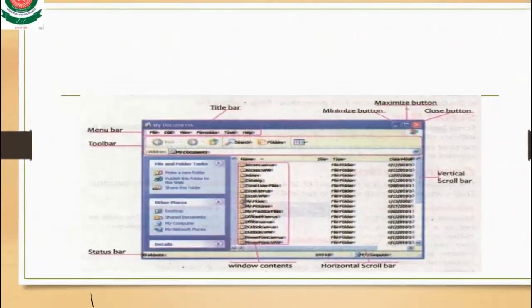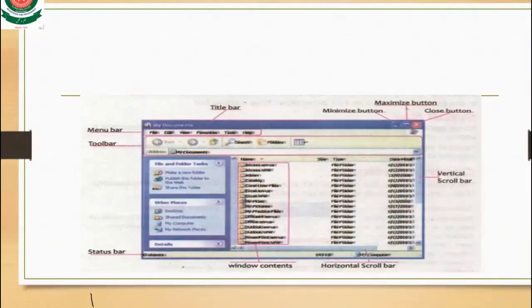And what are window contents? The window contents are those contents which you saved in your My Documents folder or any folder. This is known as the window contents.